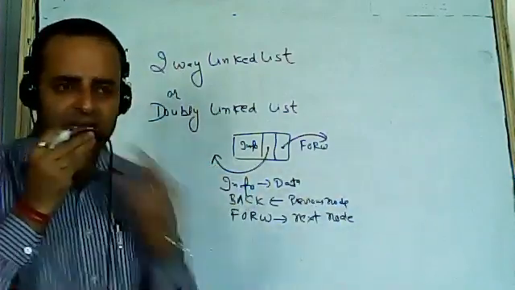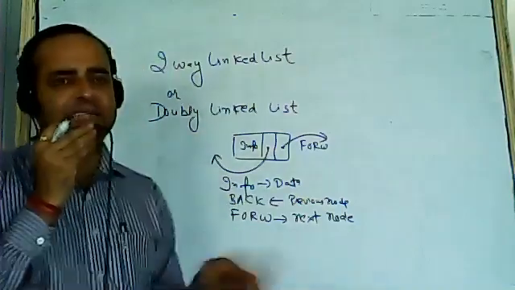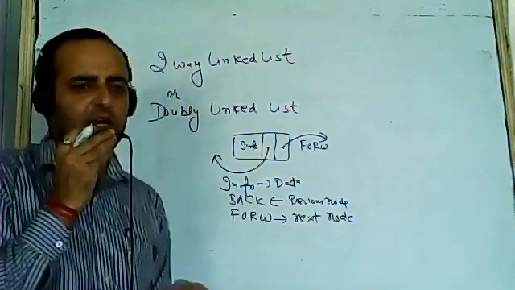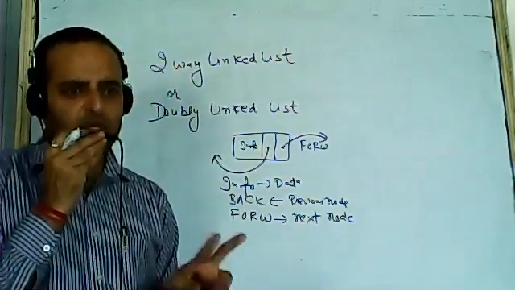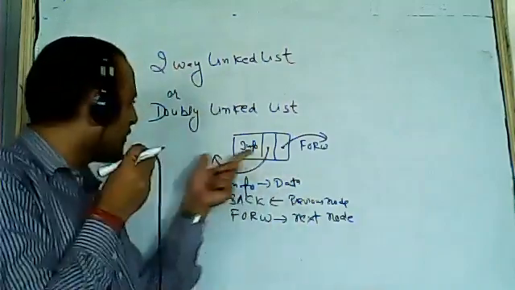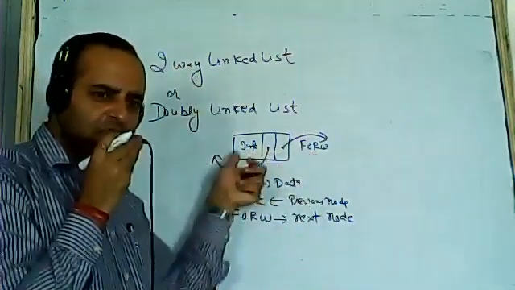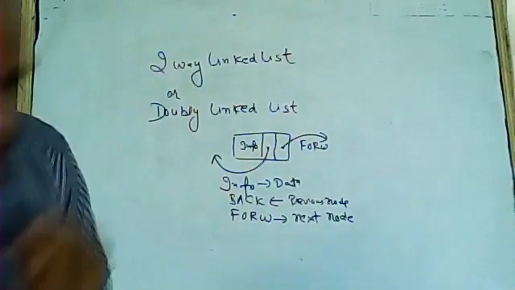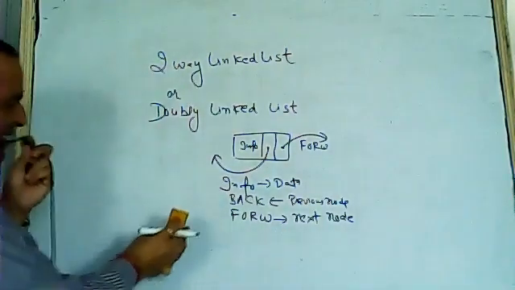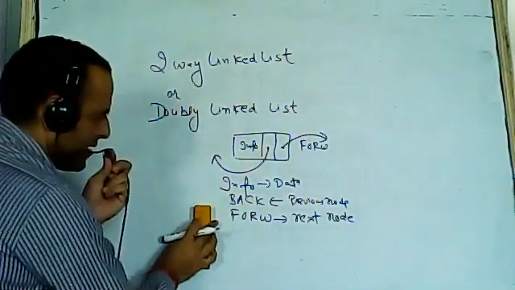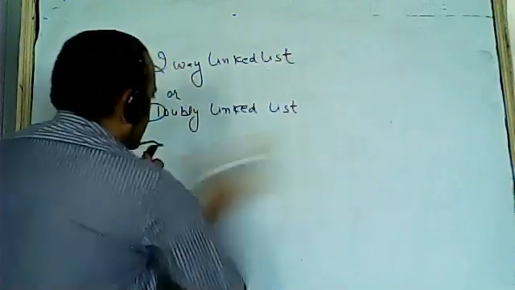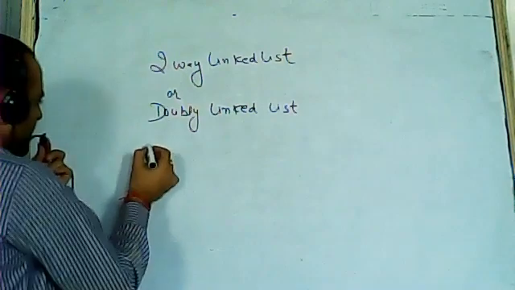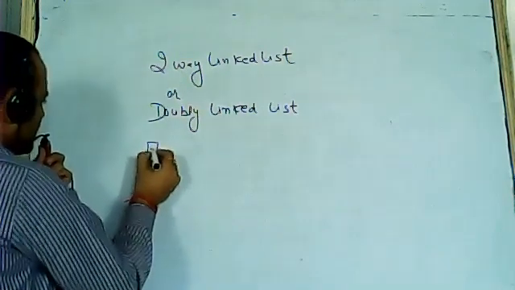Let us see one example. Is this clear now? A two-way linked list is a linked list which can be traversed in both directions. That is why we call it two-way linked list. It has two pointers along with the info, the address of the previous node and the address of the next node. Now let us do one example for it. Should I erase it? And in this, double memory will be used, of course, an extra pointer.